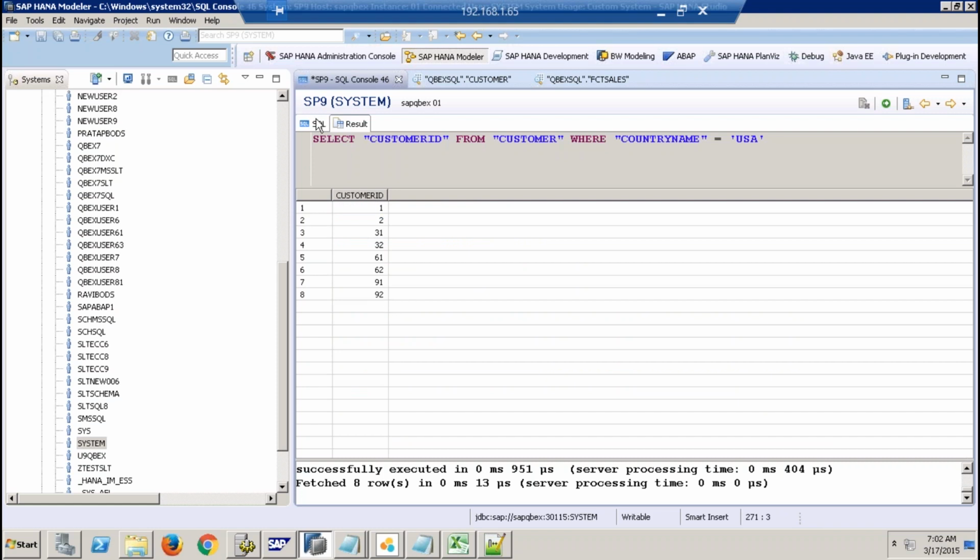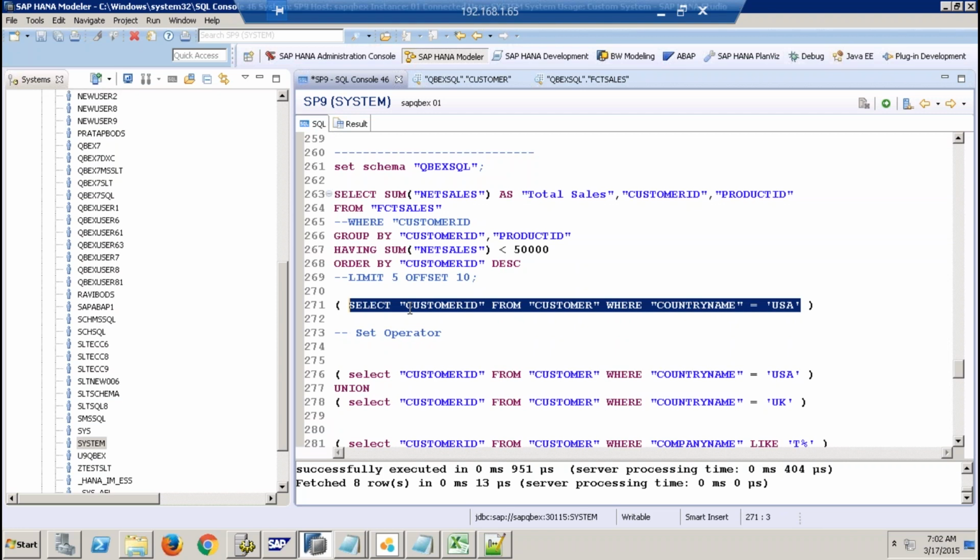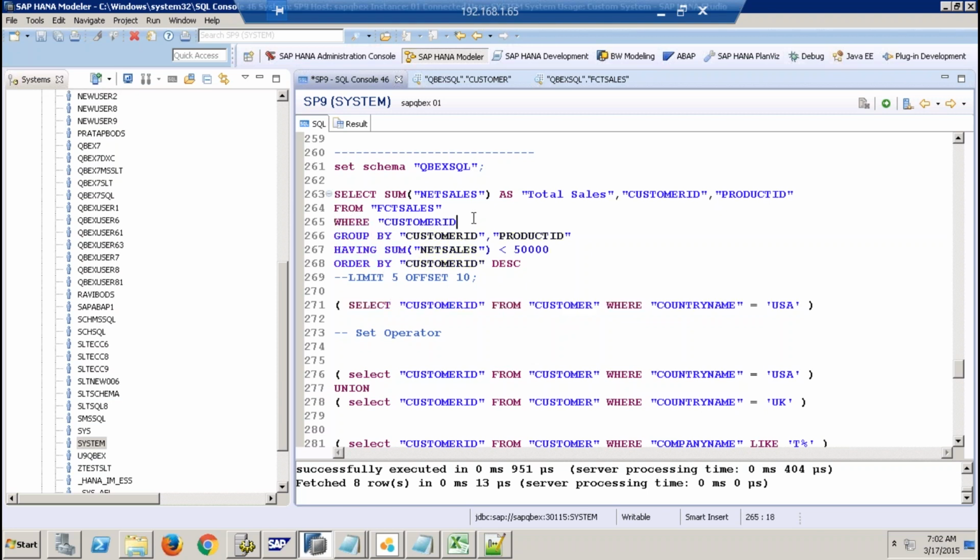Okay. So this is a query on a different table which is just giving me all those customers who belong to USA. So I would like to take this customer list and use it as an input and restrict the other query. So I would like to say, let's say here, where customer ID in, because my query is going to give multiple customer IDs. So I will say in